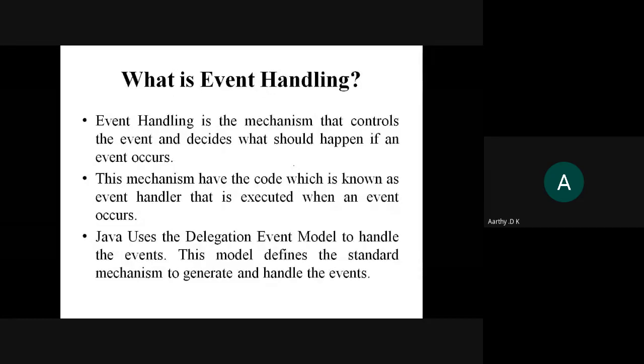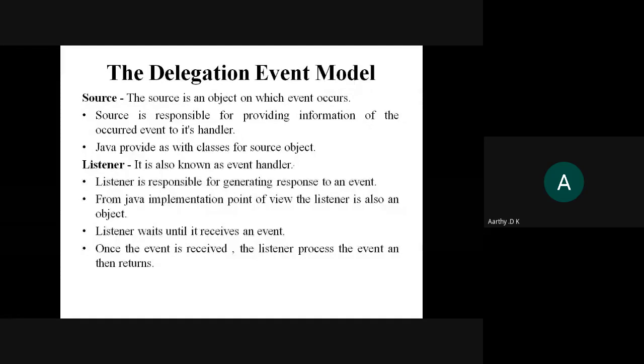When you do event handling, you need to know two names, which we call source and listener. Source is the object which is changing its state. If I'm talking about the keyboard event, then the keyboard is the source for me. If I'm talking about the mouse event change, then the mouse is the source for me. So source is an object which is changing its state. This has to be handled by the listener. So listener is nothing but an event handler, like how we have try catch. Try is the block of code which will have your exception generated.